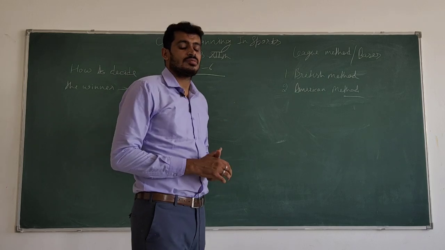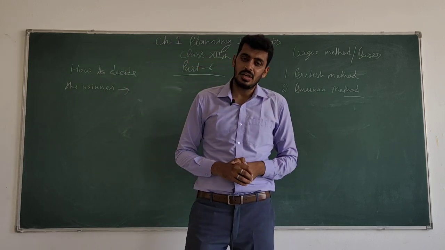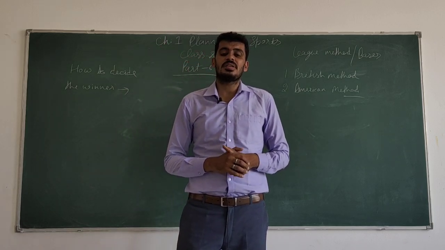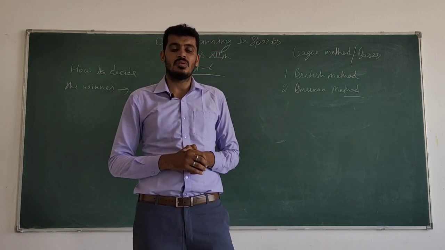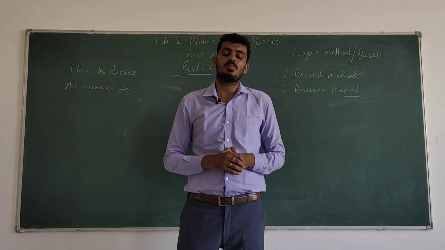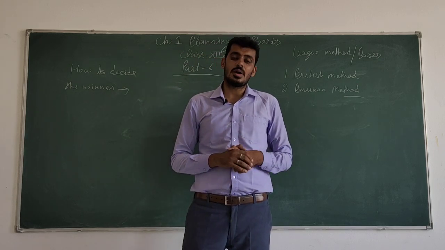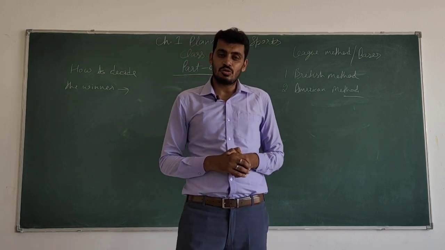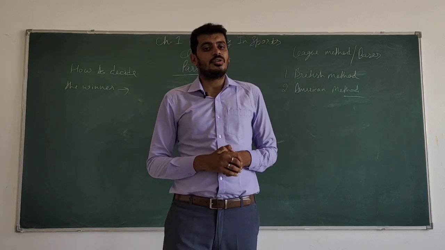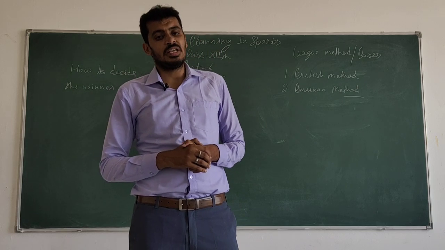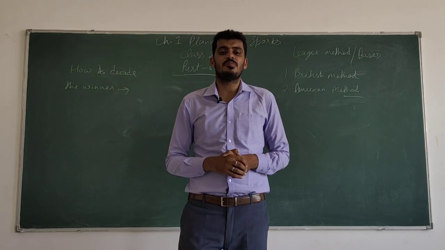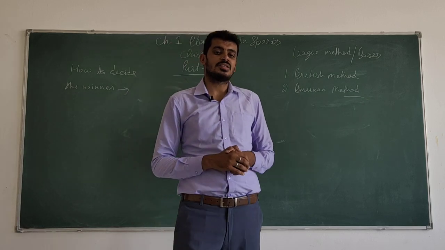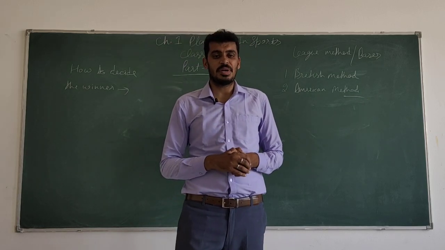In previous chapters we covered what planning is, the objectives of planning, and how many committees are required in a program when we do planning. After that we completed tournaments, the types of tournament, league tournament and knockout tournament, how to divide teams into upper half and lower half, how to give byes in the upper and lower halves, and how to check how many byes are required in a tournament.